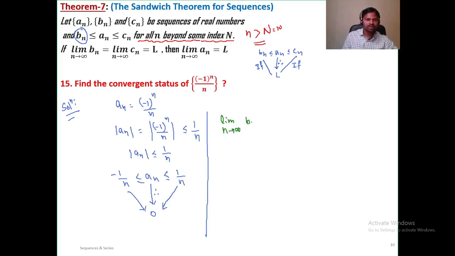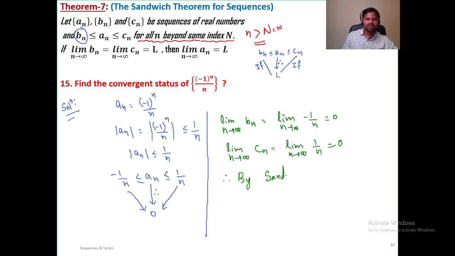So Bn I am writing here. Limit n tends to infinity of Bn, which is minus 1 by n, is 0. Similarly, limit n tends to infinity of Cn, which is the upper bound 1 by n, is 0. So both are converging to the same limit, so therefore by the sandwich theorem,